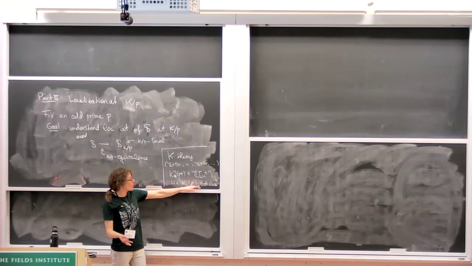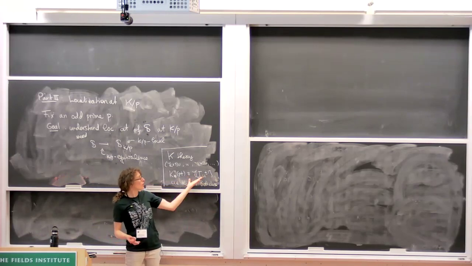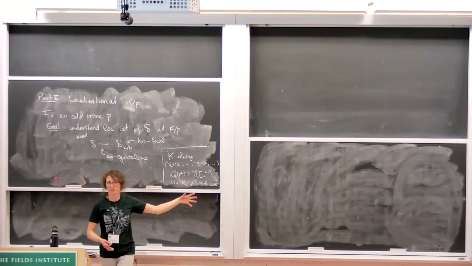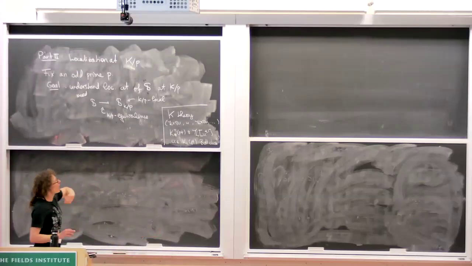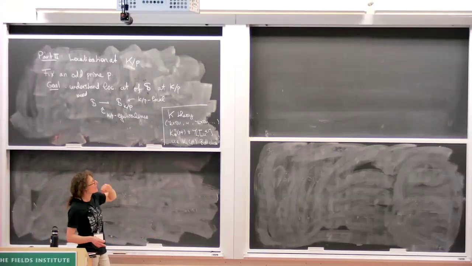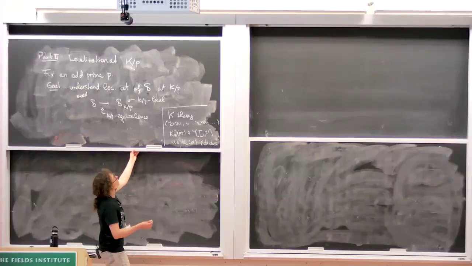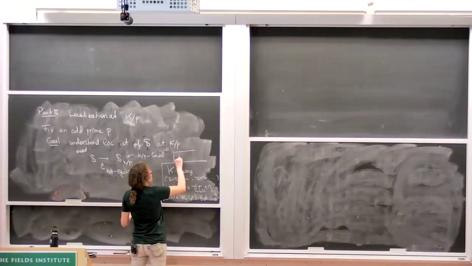K1 is 0, that means this is in degree 2, so there are no homogeneous elements in this ring in degree 2, okay? And so on and so forth. So that's my K theory spectrum. And when I mean mod P K theory, I take this thing and I mod out by P, so mod P K theory